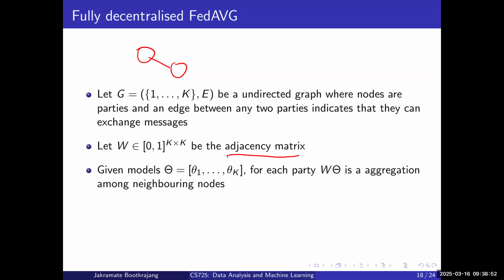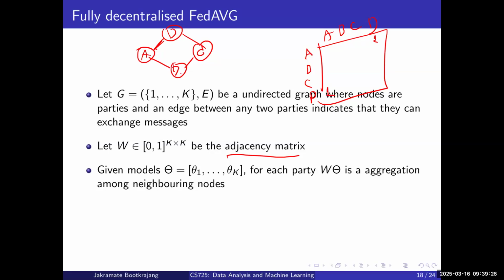So an adjacency matrix is just a representation of a graph, right? For example, you have a graph like this: A, B, C, D. When you write it into a matrix, you would have A, B, C, D on this side, and then A, B, C, D on the column and on the row. And if there are edges between them, for example, there is an edge from A to D, which means that A can communicate with D, then you would put one here,